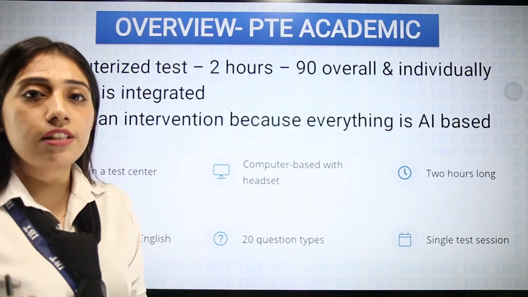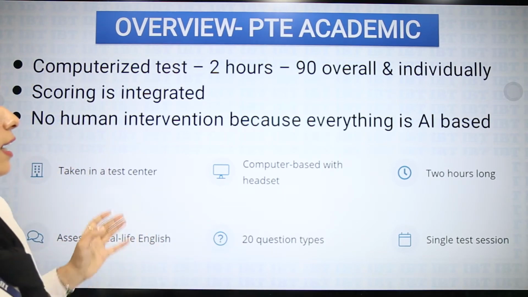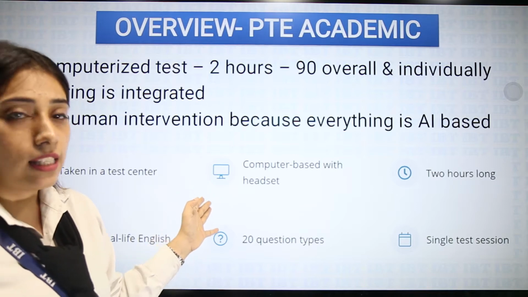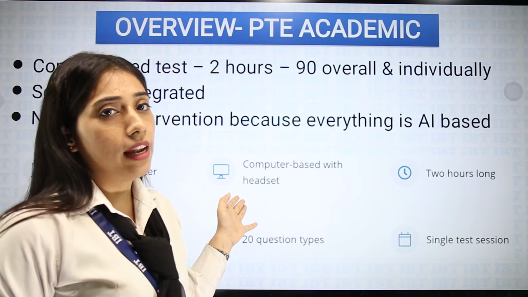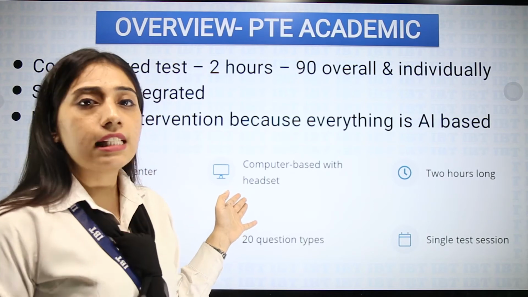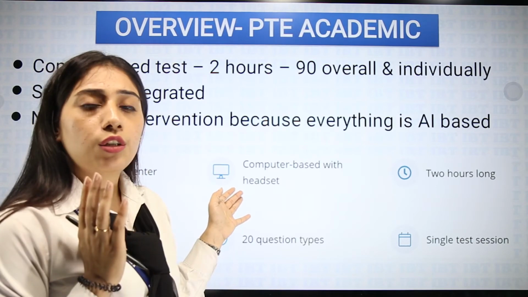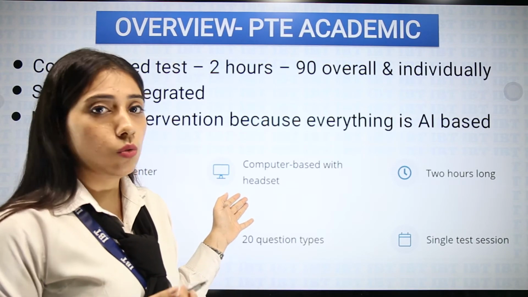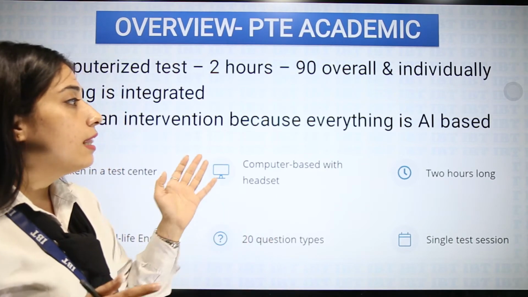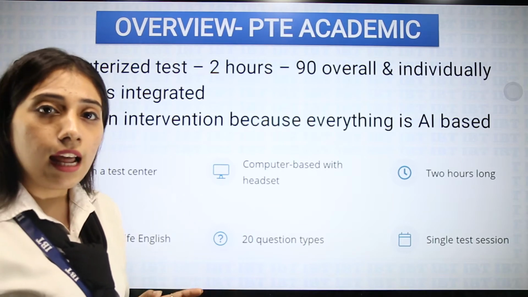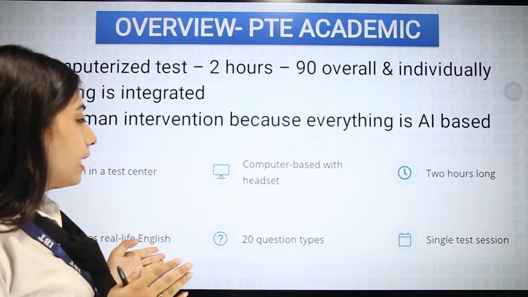There are PTE professional centers wherein the exams are conducted. You will be going and giving the exam over there and everything will be provided there and then itself. It will be a computer based test, so everything will be provided by the centers to you: the headsets, the systems, the keypads and the notepads, and markers so that you can write down the keywords. Everything will be provided to you by the centers itself. Then the test will be of 2 hours, as I mentioned already,